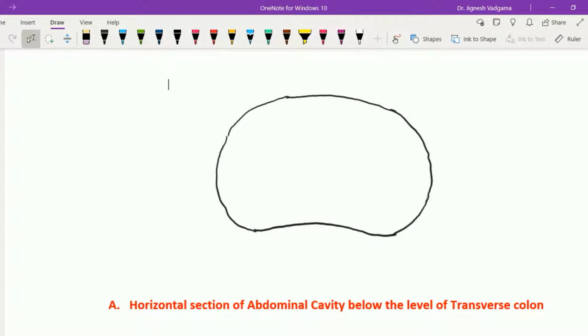So here in this figure, this is the horizontal section of the abdominal cavity below the level of transverse colon. As this is the section below the level of transverse colon, we can appreciate on the left side there is a descending colon somewhere here, and on the right side this is an ascending colon. In the midline there are so many loops of the intestines, but for the easiness of study we